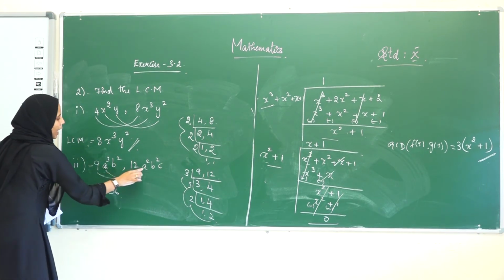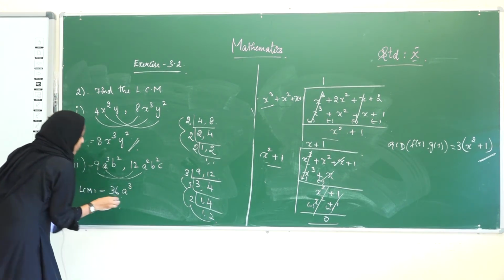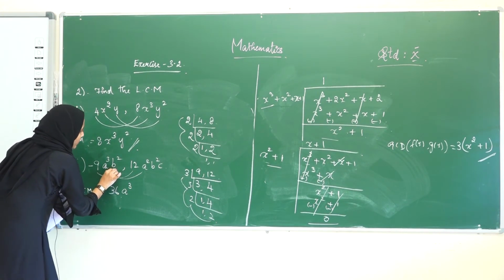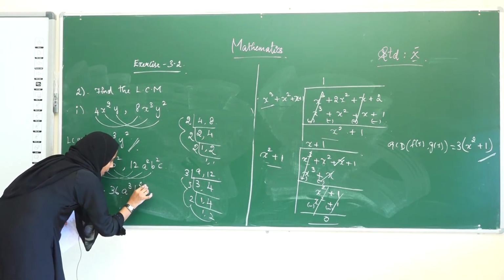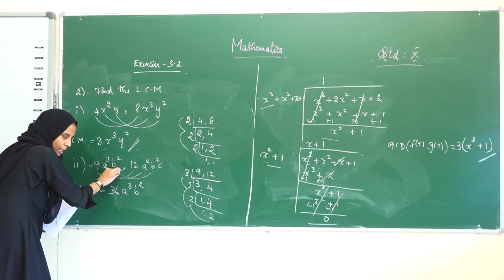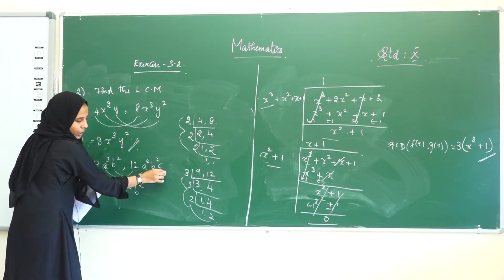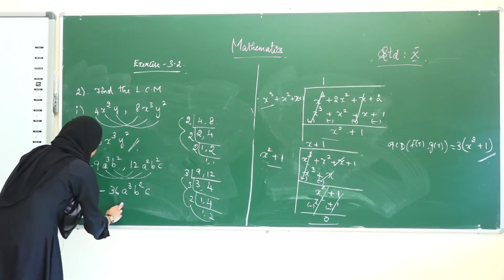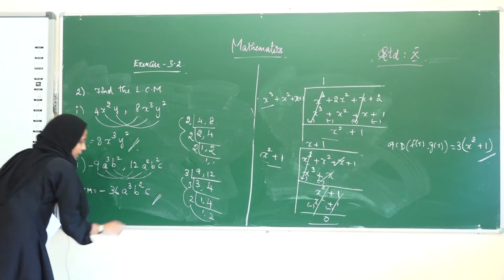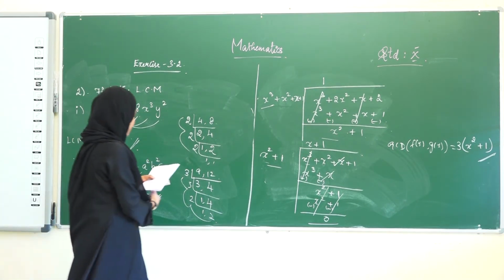Here it is a cube and here it is a square. What's the LCM of these two terms? It is a cube. So again we go to the b term. Here it is b square, here it is also b square. What's the LCM? B square. We don't have the c term in the first polynomial, and we have the c term in the second. Therefore, it becomes c. Therefore, the answer is minus 36 a cube b square c. So, this is the LCM of these two given polynomials. Okay.